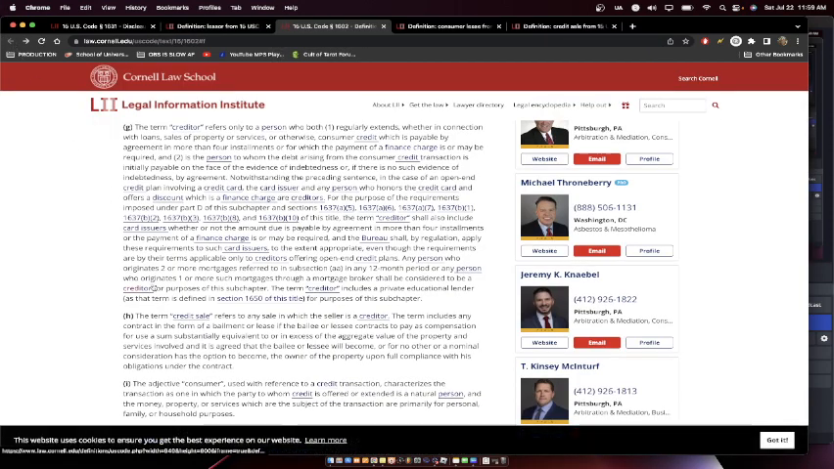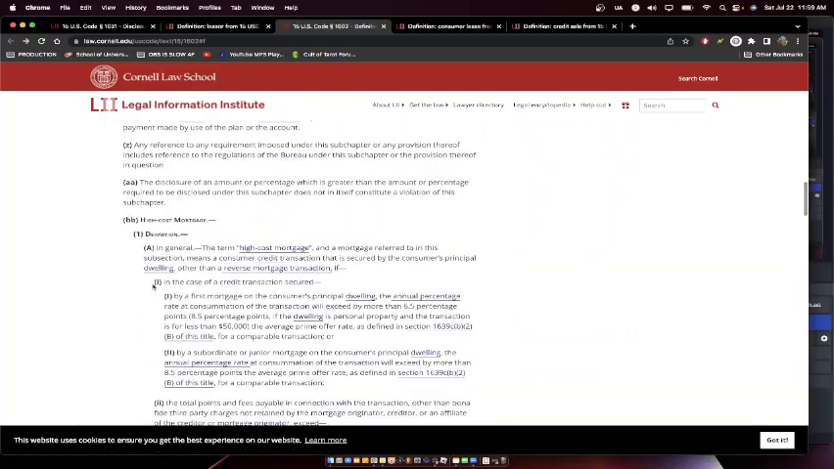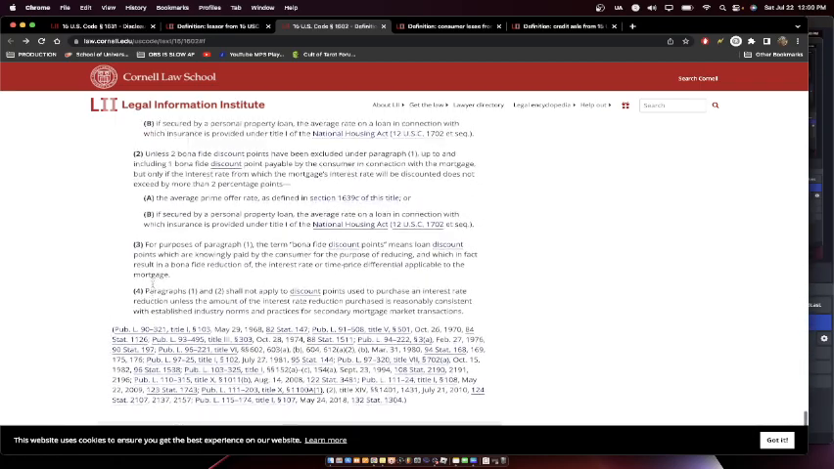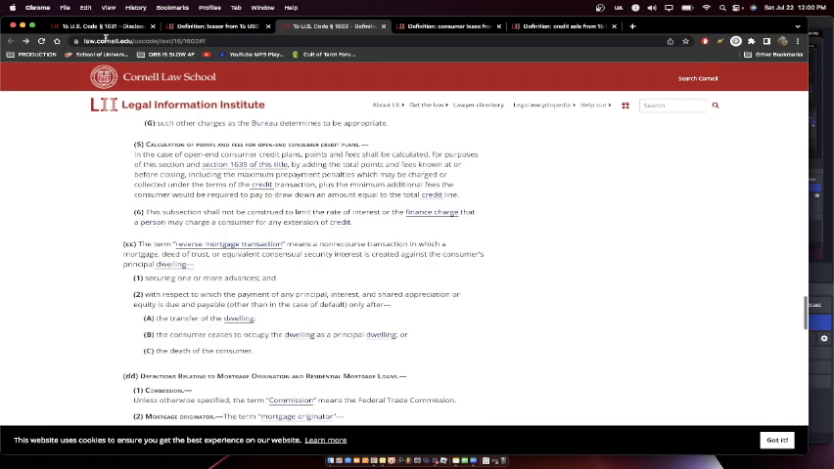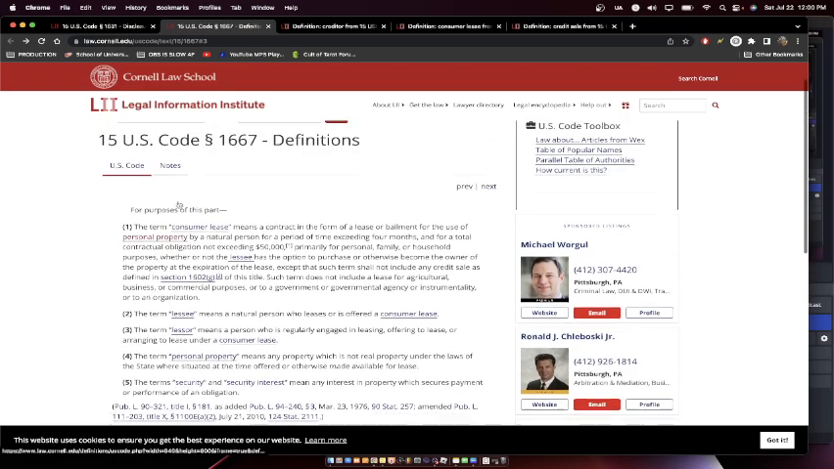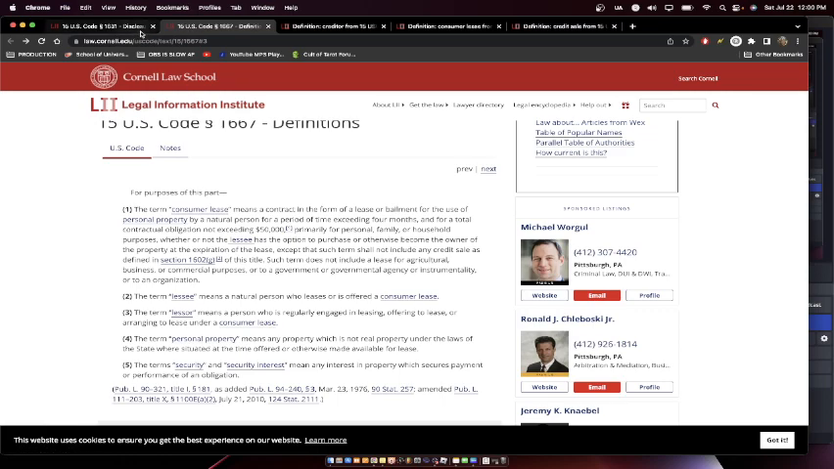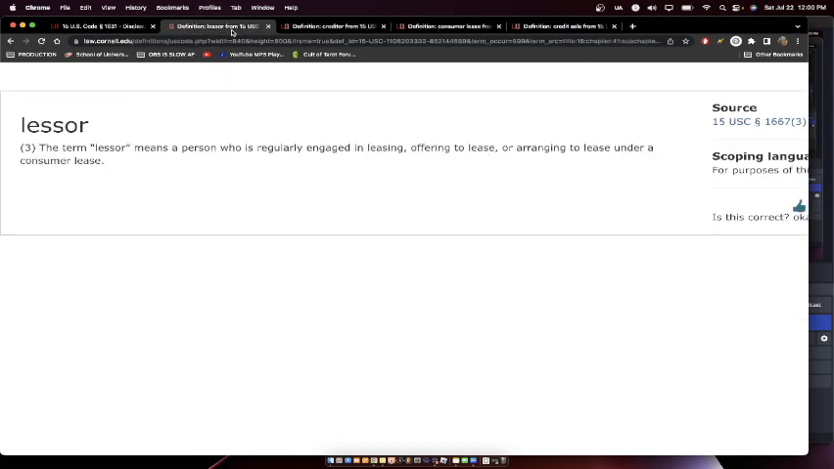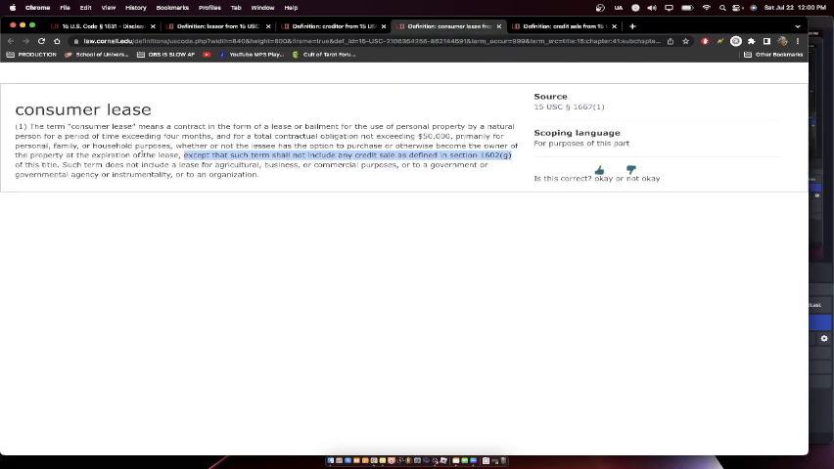Let's see if they have a definition for lease. Credit bureau, creditor. Okay, we'll find it this way. Well, they have consumer lease, so let's do consumer lease. The term leasor means a person who is regularly engaged in leasing, offering to lease, or arranging to lease under a consumer lease. A consumer lease is a contract